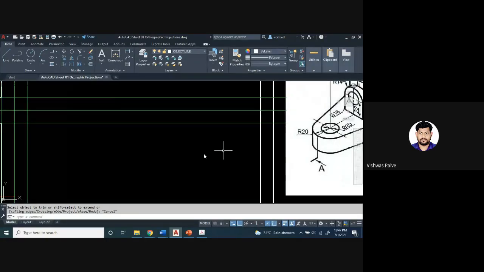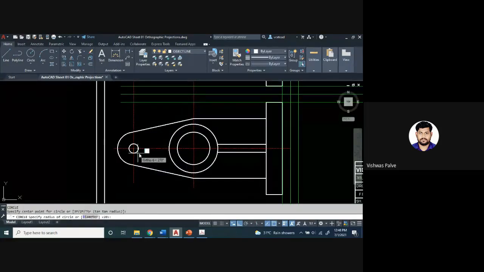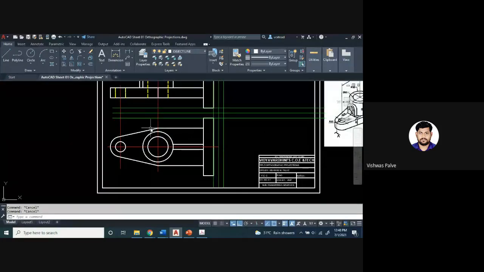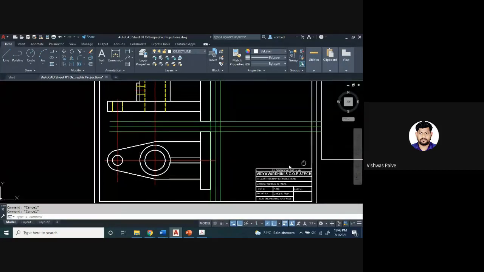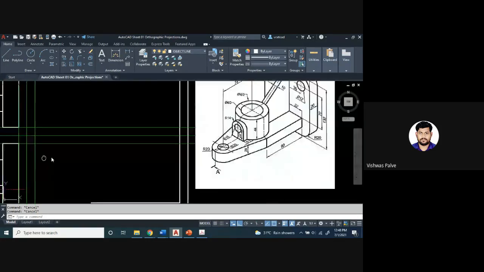Then a 20 millimeter inner hole is there. So C enter of 10 millimeter radius. So from the top, you will get this feature. Now this portion is remaining, which has a width of radius 14, so 28 millimeter. I have to show that.